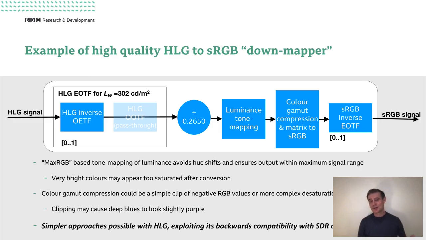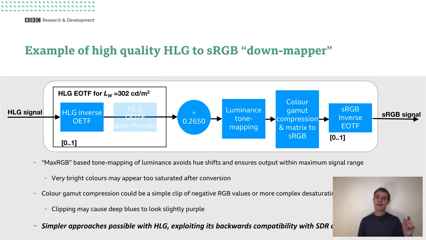The simplest solution actually works pretty well, and that's simply to hard clip the wide color gamut signal to the narrow color gamut. And that effectively means once you've gone through the matrix conversion to get your RGB signal in the sRGB primaries, negative numbers, which represent wide color gamut objects, you simply clip those to 0. That actually doesn't work too badly at all. Some bright saturated objects, you might lose a little bit of texture, but it's usually hard to see.